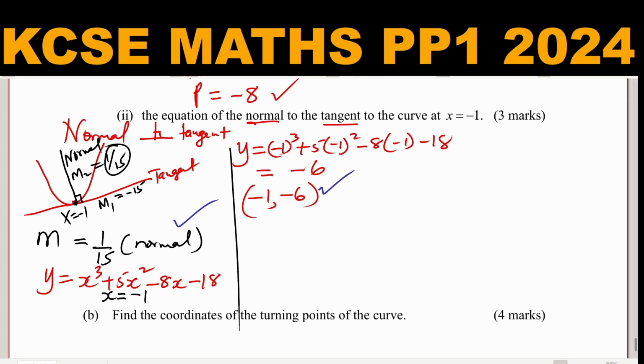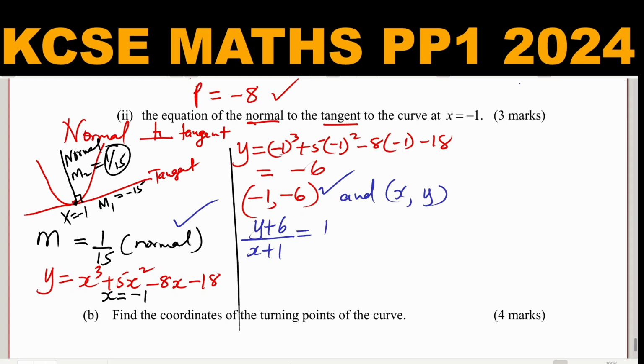So having this point and this gradient, we can get the equation. To get the equation of that normal, I will simply introduce another general point xy, which is just a general point on that normal. Using these 2 points, I can calculate the gradient, which I already know is 1/15. So the gradient you calculate by the change in y, so y subtract -6 will be y plus 6, over the change in x, subtract -1, which is x plus 1,